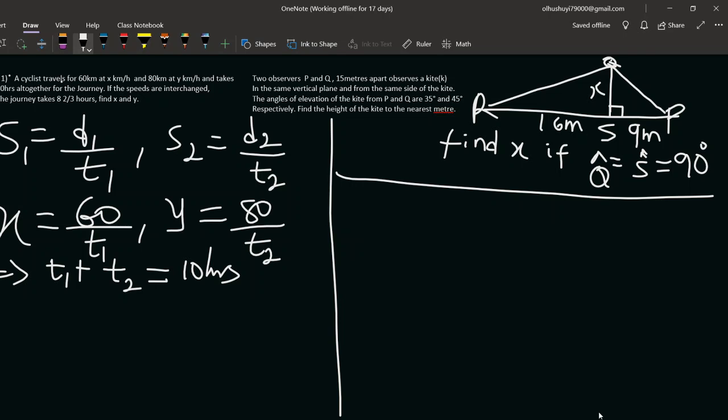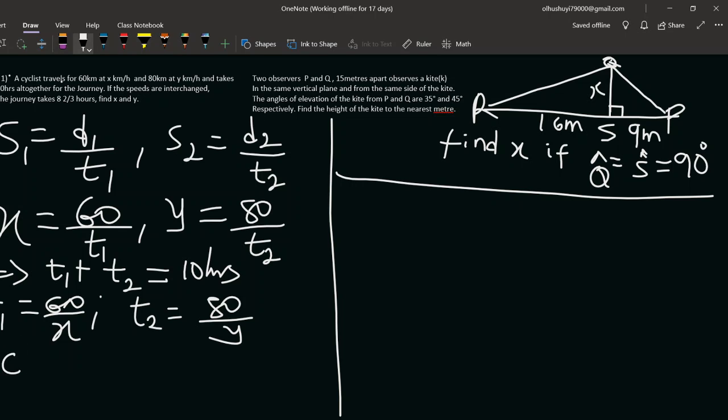So if we make t the subject of the formula, speed is equal to distance over time, so time will now be 60 divided by x. So t1 should be 60 divided by x. Likewise, t2 should be 80 divided by y. Do you get that? Since they said the total time, t1 plus t2, is equal to 10 hours,